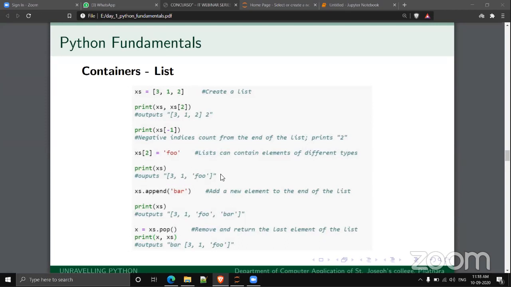So in a single list we have integer as well as string. That's why we call it a heterogeneous collection. To add more elements to the end of the list, you can use the append function, XS.append of bar. This will add the element bar to the end of the list. After appending, on printing XS, you can see 3, 1, foo, bar.